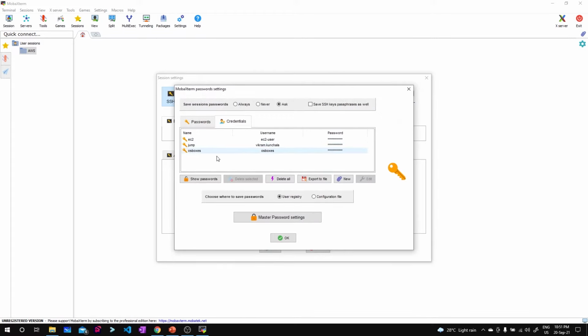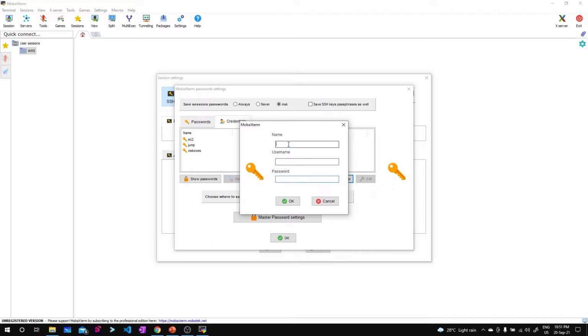In my case, I already have some username password combinations, or else I can also create a new username password combination by clicking on new over here. Then I'll give a name to this. I'll just say AWS common login, and then I can give a username, and then a password, if I have set a password.